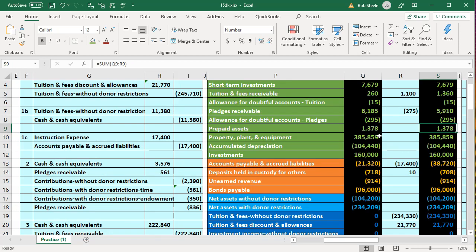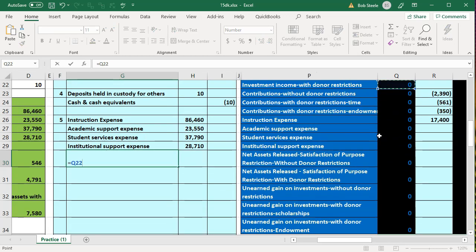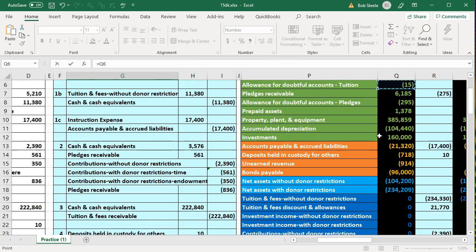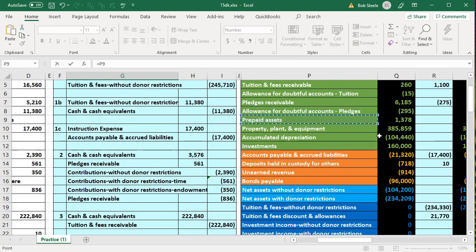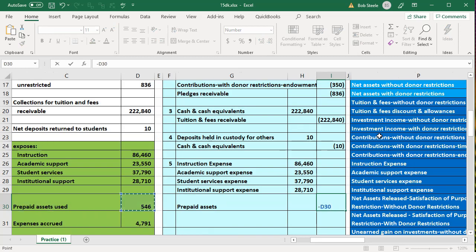This is an adjusting type of entry. And typically they'll ask the adjusting type of entry and say, well, this is what the adjusting entry ending balance should be, in which case we would have to do a subtraction problem. Or in this case, they simply said the prepaid assets that were used, and therefore we'll just record the expense given to us in the problem. So we're going to say, all right, prepaid expenses used. That means that we're going to credit the prepaid expenses. We're basically combining the adjusting journal entry into our problem here. So prepaid assets will then be the credit. It's going to be going down by the